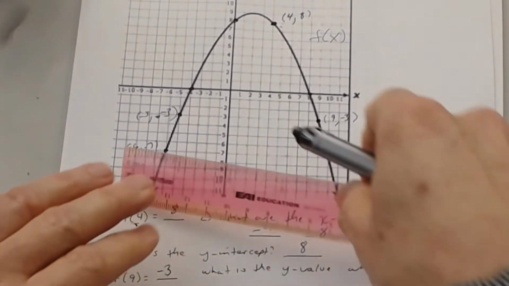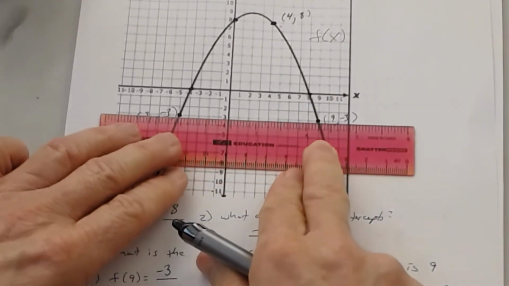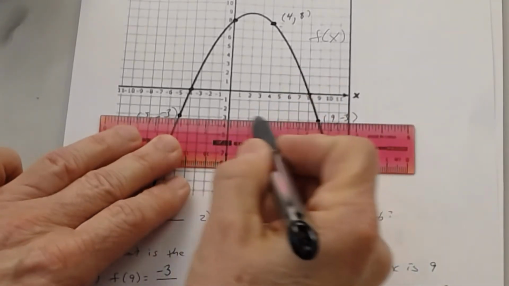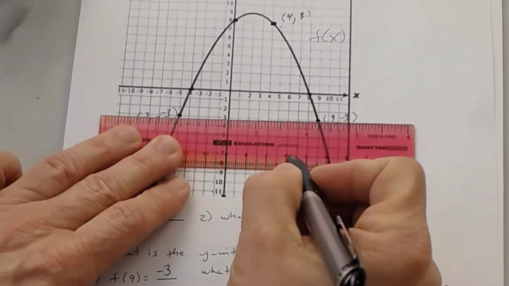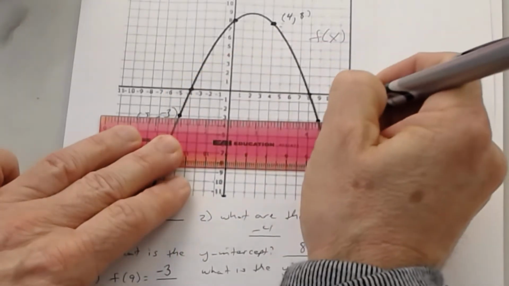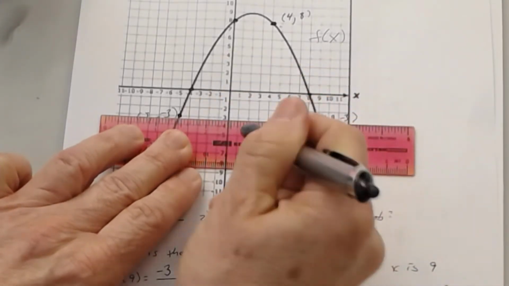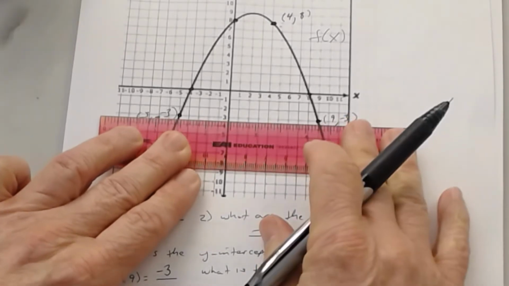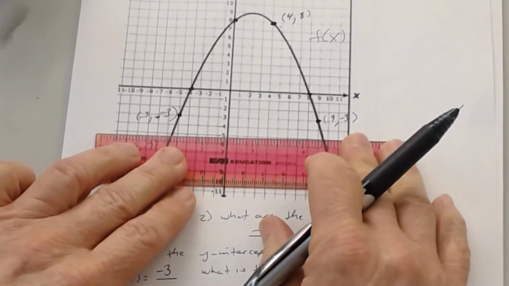For y equal -3, I'm going to look at it horizontally. See, y equal -3. So that's this right here. See this? Well, how many times does the ruler cross the graph? Twice. So I'll put a point here, a point here, because both of those points are going to have what y value? -3. So if I was going to ask, and you would have to estimate this, but if y is -5,